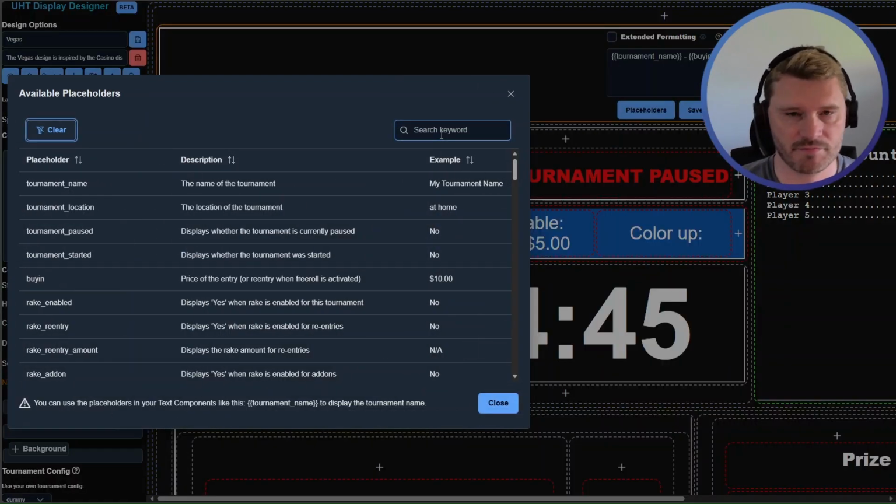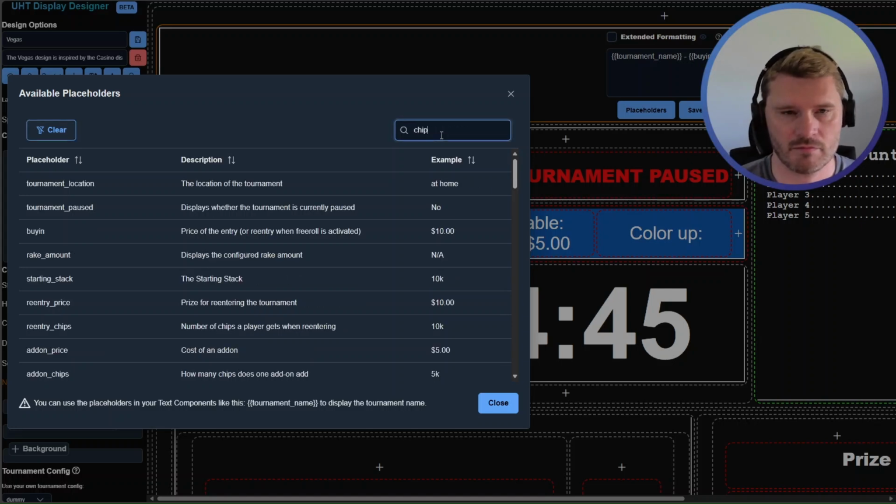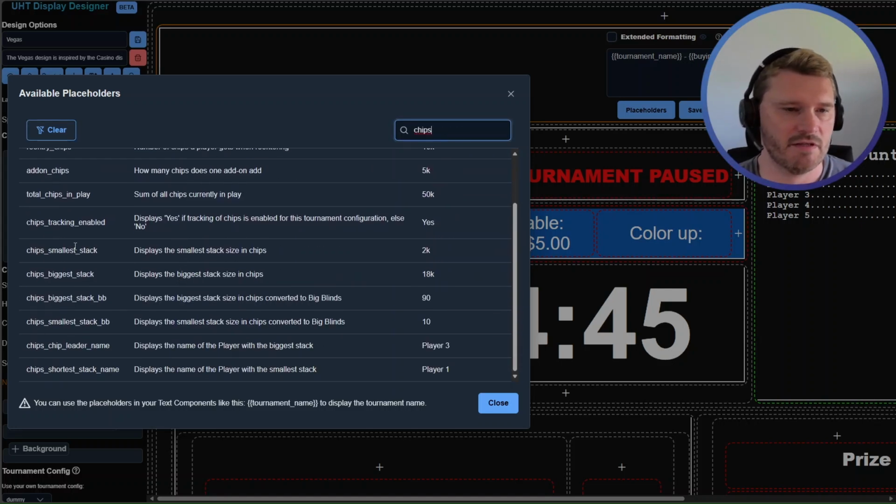And if you search for chips, you will see these additional placeholders here. So you get a placeholder so you can know whether chip tracking was enabled by the user or not. So you can adjust your display accordingly. And you get information about the smallest stack, the biggest stack in the tournament, or the same value but converted to big blinds. So you'll get a number in big blinds or in chips. And of course, you can also get the name of the chip leader and also the name of the shortest